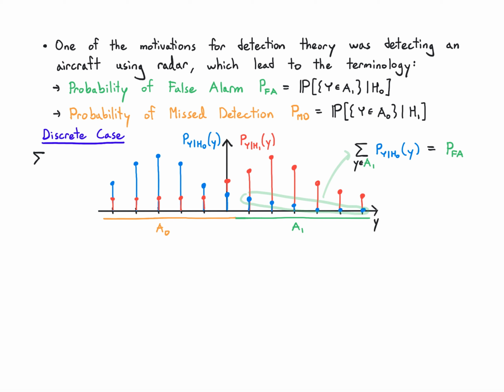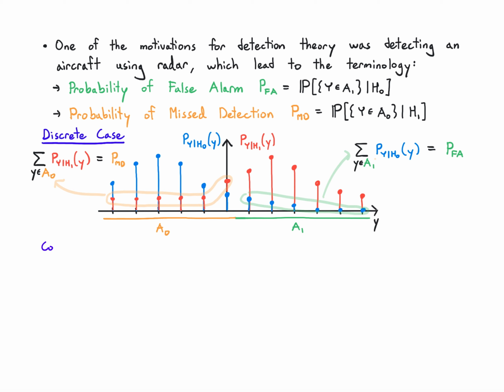Okay, and so for the misdetection case, I go all the way to A0 and I sum up all these values where I don't think an aircraft occurred because I got a 0 or a negative read, and that is my probability of misdetection. So I sum up the red values because those correspond to the conditional PMF given that H1 occurred. Notice, one thing I want to point out here is that even though in most of the